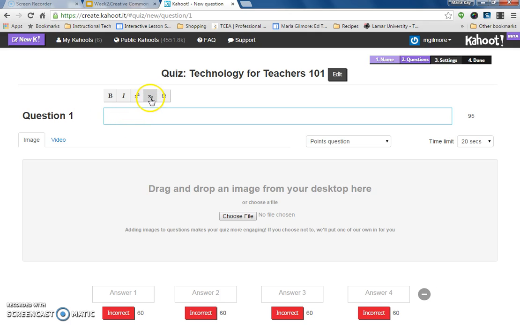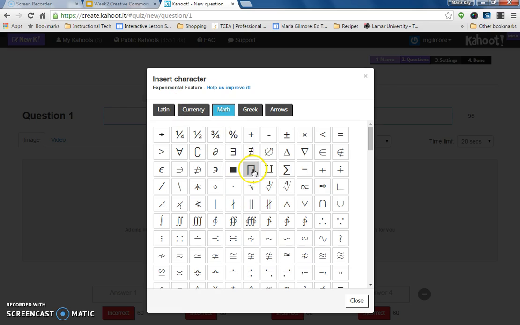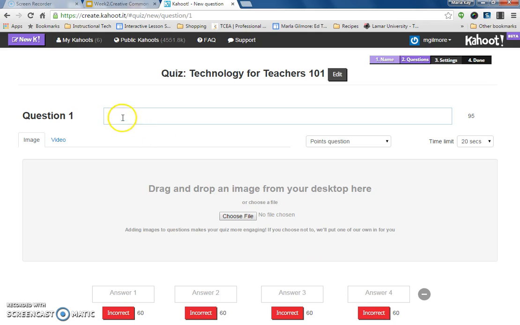It has an excellent equation editor, which is great for our math teachers. So if you were going to need exponents for your quiz, then you can use those. And then there's also more symbols that you can click on here, and you can click on math, and you can find your square root and other symbols that you would need. For today's purpose, we're going to create a Kahoot for my teachers. So let's go ahead and